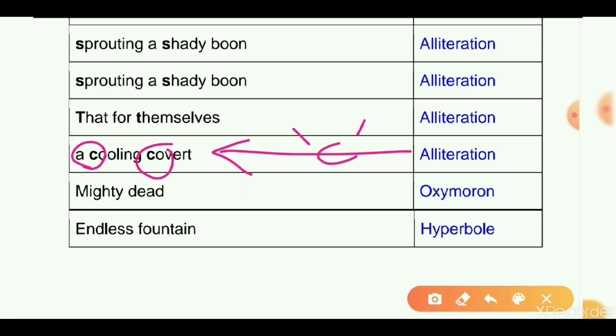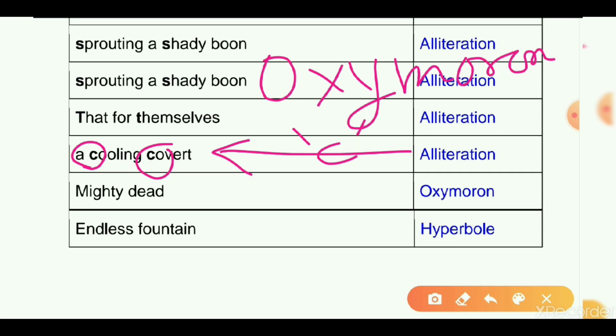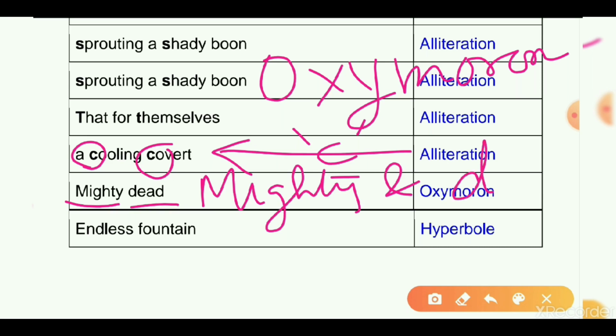C is getting repeated. One new काइंड ऑफ पोएटिक डिवाइसेस जो अब तक इन फर्स्ट 3 पोएम्स में नहीं थी, फोर्थ पोएम में है, और वो है ऑक्सीमोरॉन। हालांकि इसको आपने क्लास 10th में पढ़ा होगा। ऑक्सीमोरॉन इज अ सेट ऑफ कॉन्ट्राडिक्टरी वर्ड्स। ठीक है, तो यहाँ पर हमारा कॉन्ट्राडिक्टरी वर्ड है माइटी और डेड। सो माइटी डेड, हाउ इट कैन बी कॉन्ट्राडिक्टरी? बिकॉज वन हु इज माइटी और पावरफुल कैन नॉट डाई, है ना। तो ये दो शब्द एक दूसरे के कॉन्ट्रडिक्शन में है, इसलिए इसमें ऑक्सीमोरॉन है।